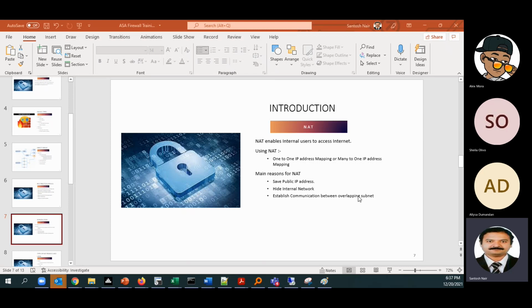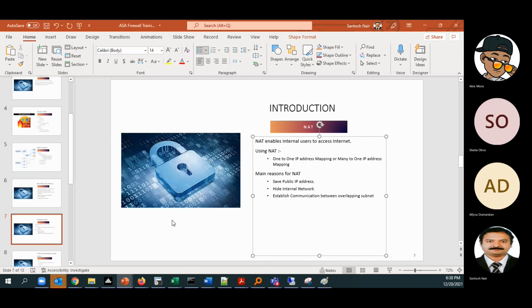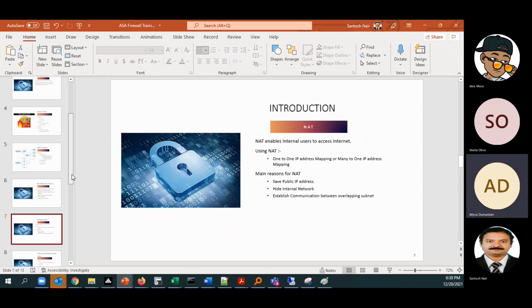Suppose our client is using 10.0.0.0/8, and we are also using that same subnet. They will definitely say that we cannot use that subnet, and ask us to NAT it to some other IP address and then forward it to them. That is also a best practice. This part is clear. Yes.